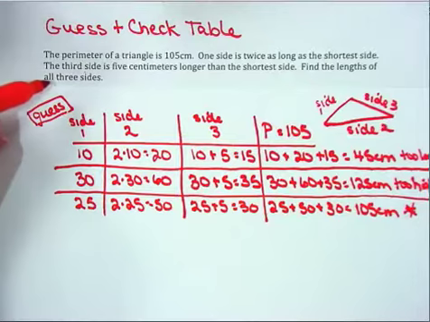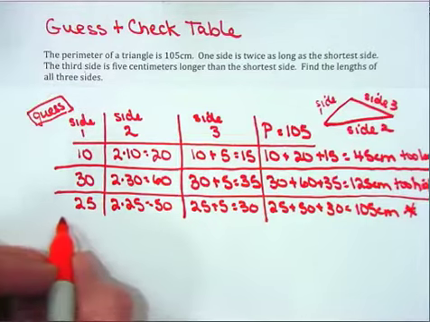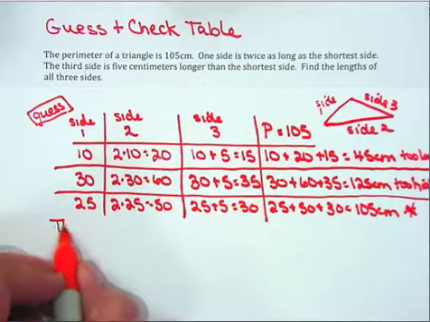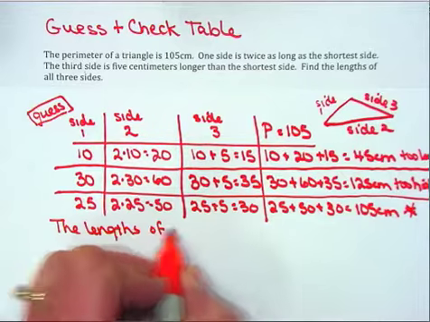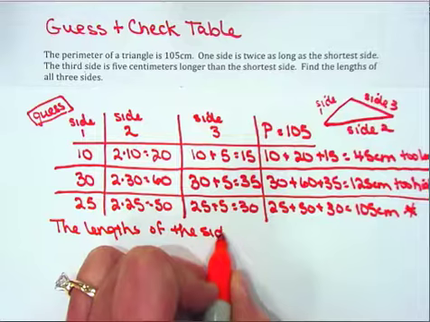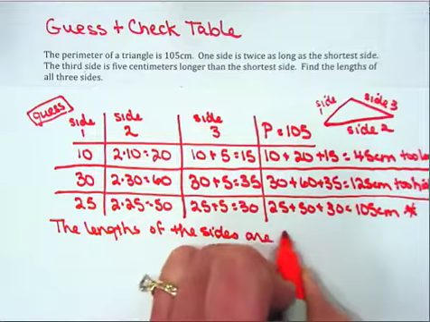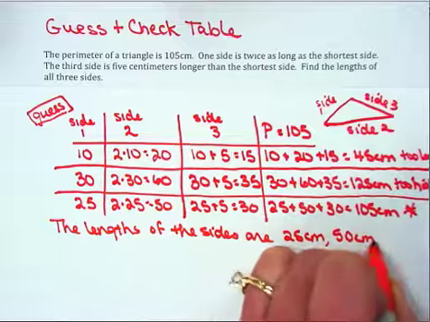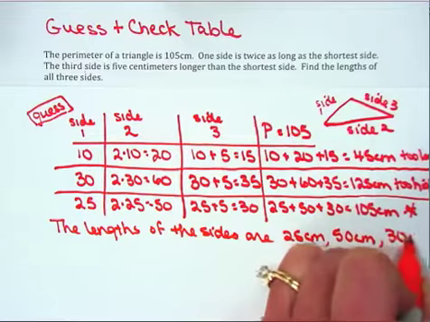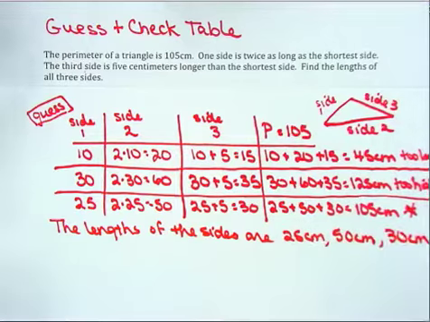Finally, I need to write the solution to the problem, or the answer, finding the lengths of all three sides. So in a complete sentence, I will write the lengths of the sides are 25 centimeters, 50 centimeters, and 30 centimeters. Guess and check does just what